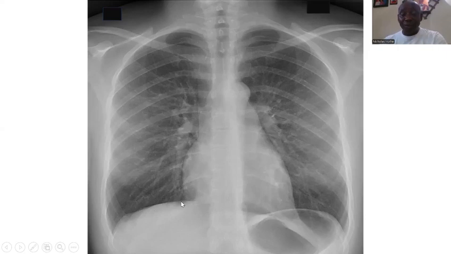However, in the course of doing this, we need to know that what we are seeing here are the hilar regions, right hilum, left hilum. And usually the left hilum is higher than the right hilum. Similarly, in the inferior part of the thoracic region is the diaphragm, and the right hemidiaphragm is usually higher than the left hemidiaphragm,